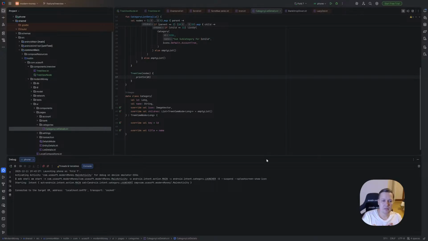And hopefully next stream we will be able to discuss how to store and how to read this TreeView data from databases, and we will finish this category screen fully. Next stream will be 18 December, but I'm not sure that I will be able to run streams on 25 December and 1st January.